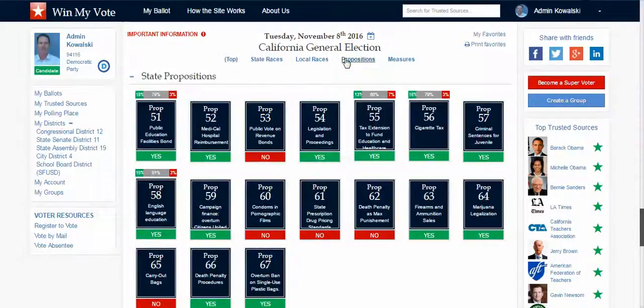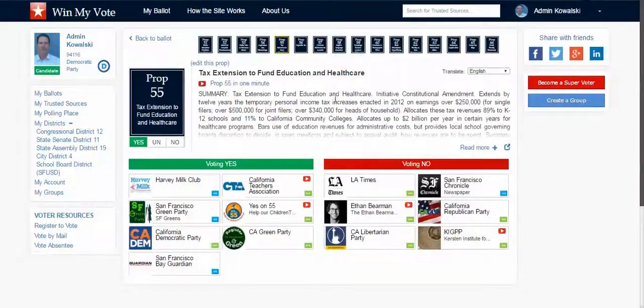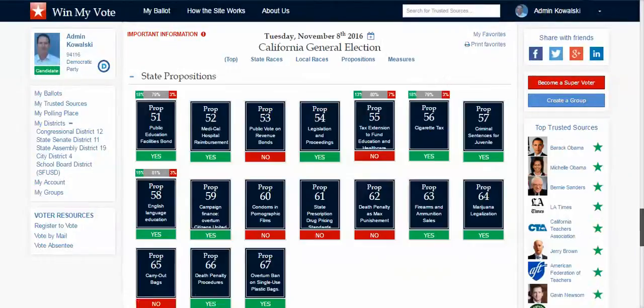We also do all of the propositions, and each one of these propositions has a proposition page with a summary and a little one-minute explainer video, as well as groups and organizations and individuals and parties that are weighing in, either supporting or opposing the proposition. Here the voter starts as neutral, and then when they decide, I'm going to vote no on this, when they go back to their ballot, you can see here that it's nice and clear that I'm going to be